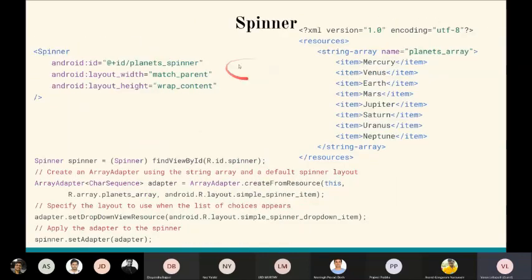This is the spinner. This is a bit more complex compared to other UI components. This is the example we saw earlier, right? Where are you living? Mercury, Venus, Earth, Mars, Jupiter, and so on. So basically, we create a spinner. It just has width and height and an ID. So in the activity, I'm getting that same ID by using findViewById, R.id. This one's name is planet spinner. So I just have to write here planet spinner, not spinner. This is wrong; you have to write planet spinner.